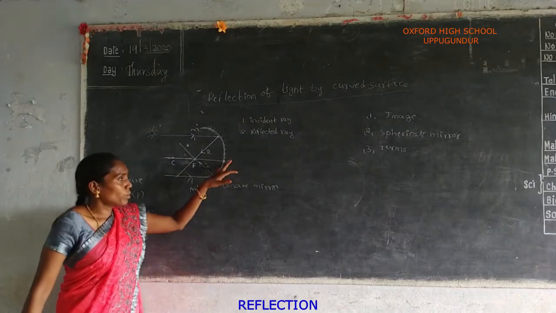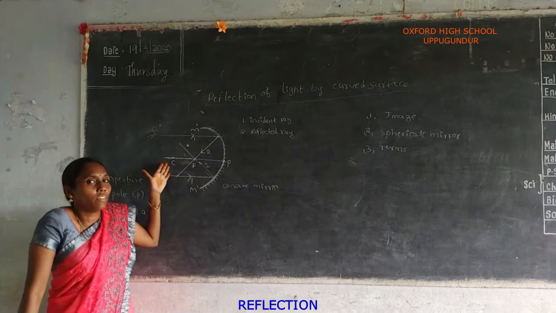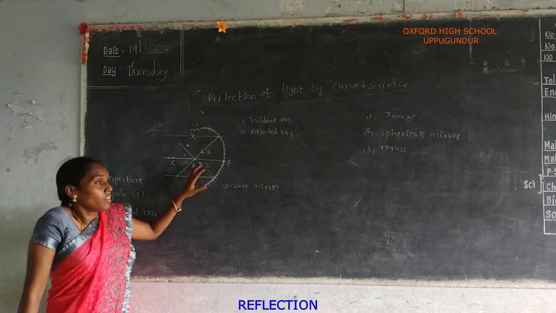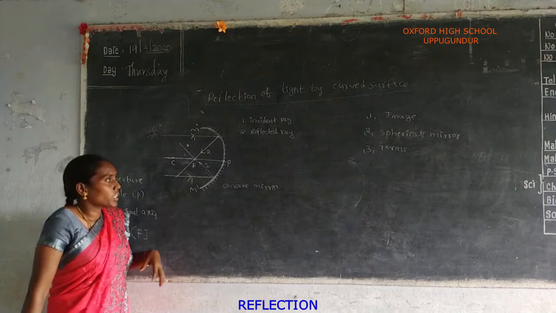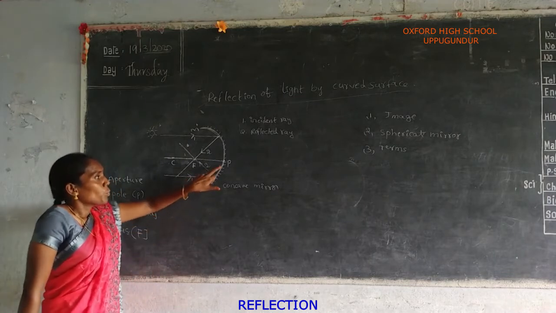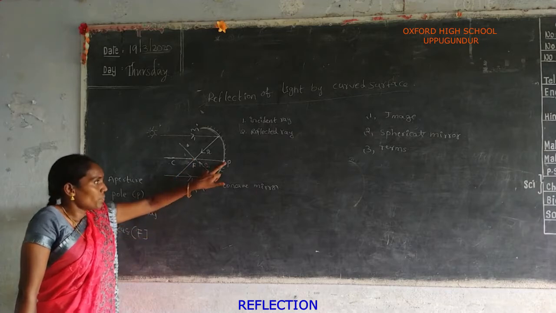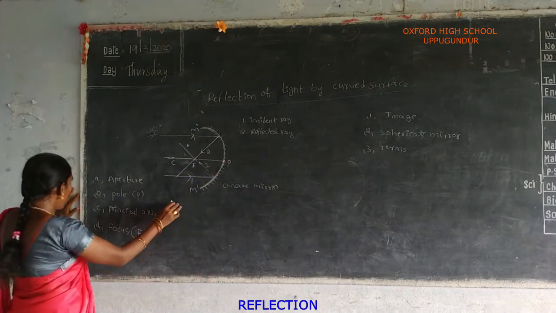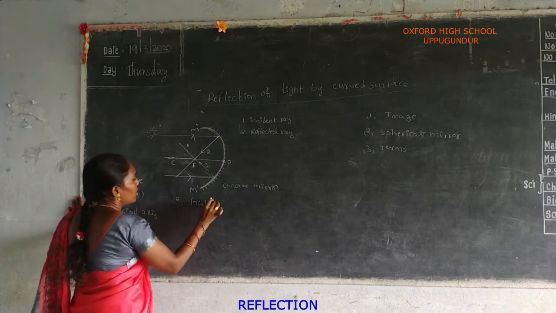This is the pole, this is the focus, and this is the center of curvature. By using this diagram, we can explain what focal length is. What is focal length? The distance from pole to focus is called the focal length, and the focal length is represented by the letter small